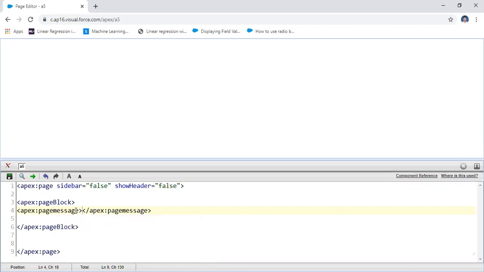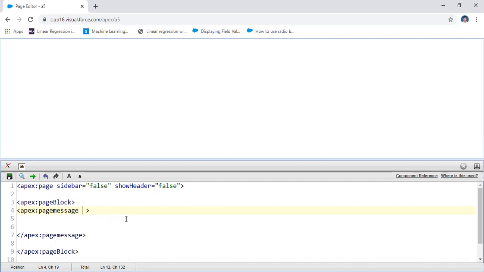Under this you have different attributes for this page message. What are the attributes? The first attribute is the summary attribute, and the severity. First I'm going to write some message summary. Here it shows the summary information.